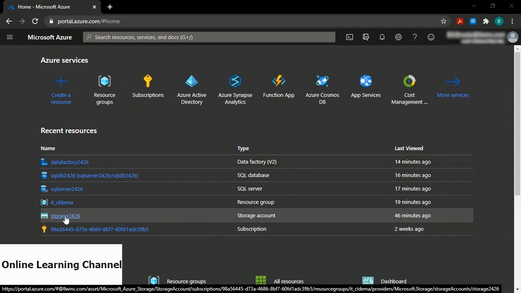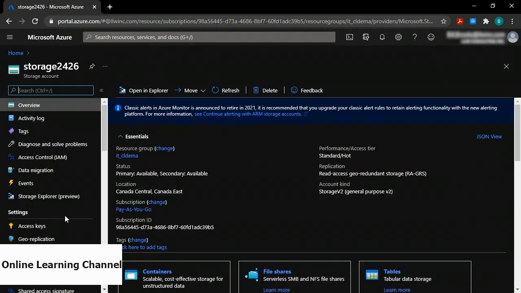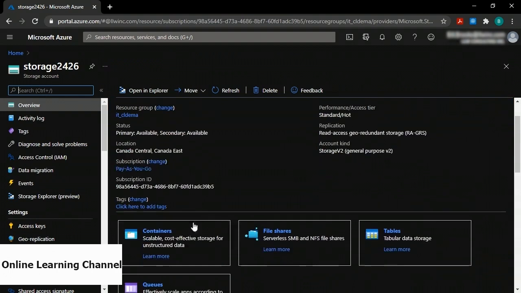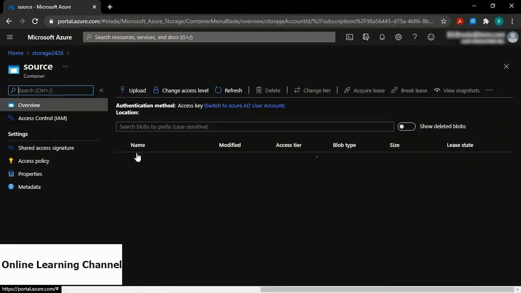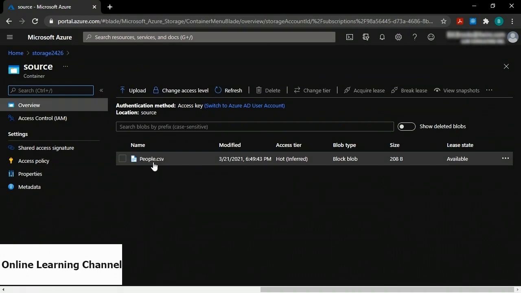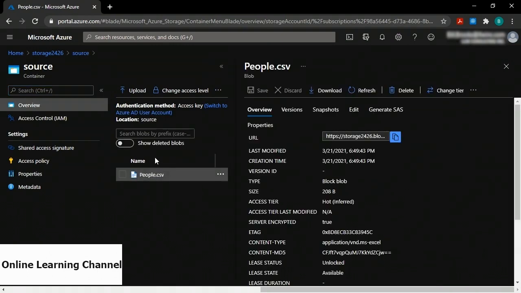So if I open up Storage 2426, and on the overview, I'm going to click containers, and you'll see I have two containers, source and sync. I'm not going to be using sync for this demo because our sync is going to be the SQL database. But I'll click on the source, and I have a people.csv blob, and if I click that,